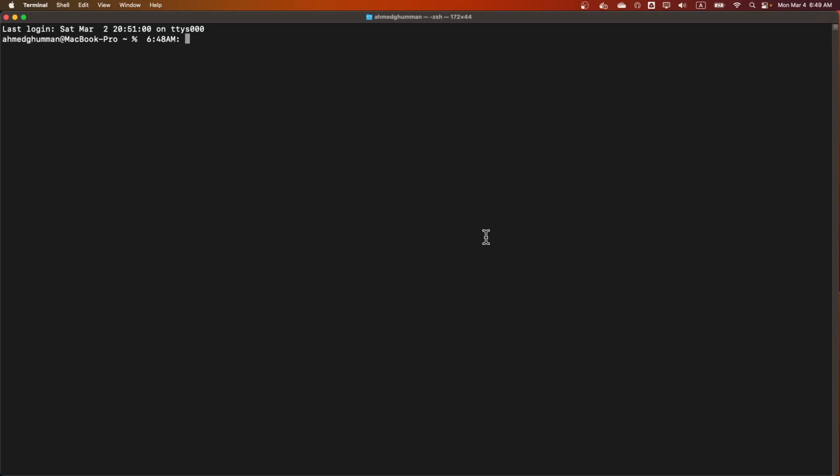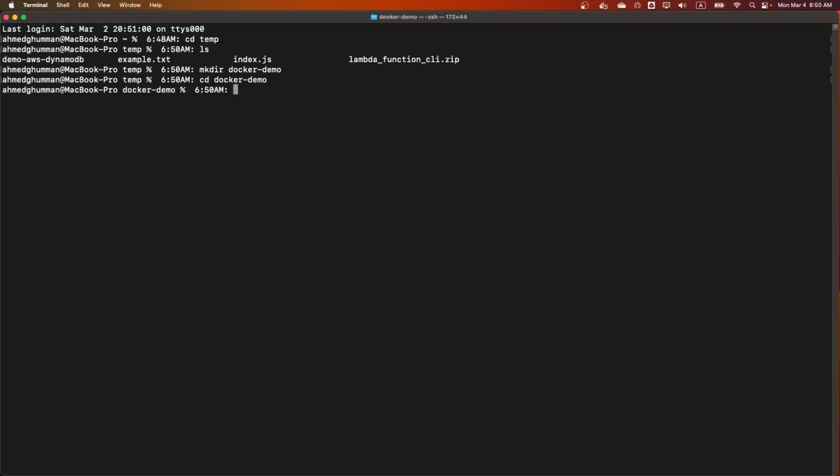So basically what Docker does is make sure that the application, whatever it is, is in a container, and whatever dependencies the application needs in order to run are also in that container. So let's assume I'm going to make a directory here called docker-demo. We'll get in that. Let's assume that we have a node application